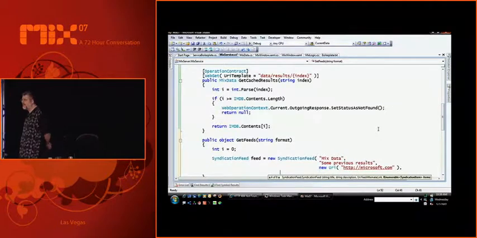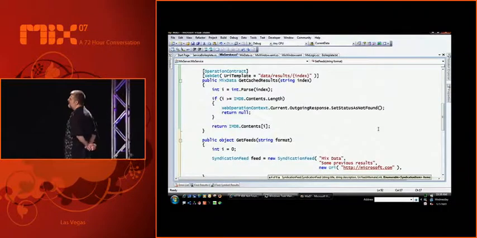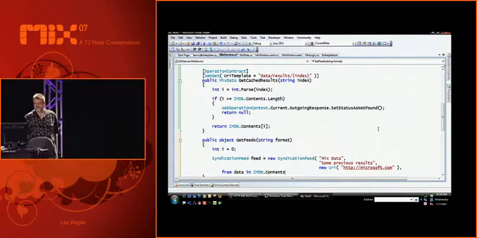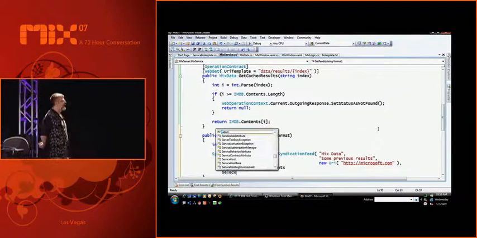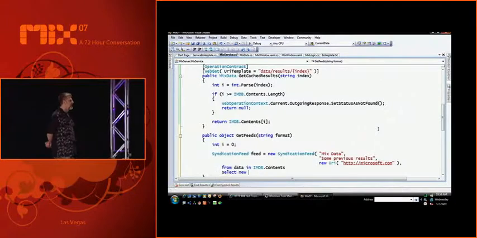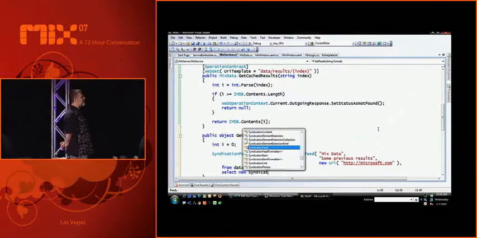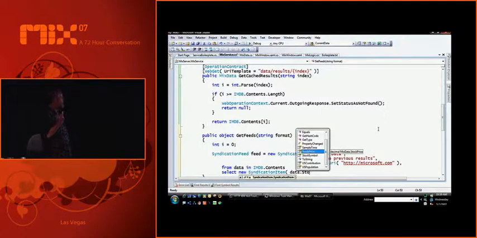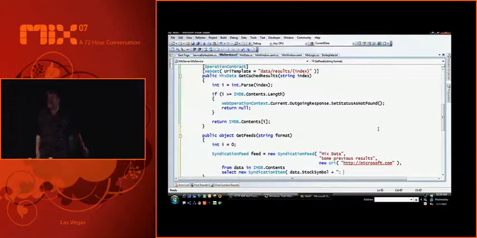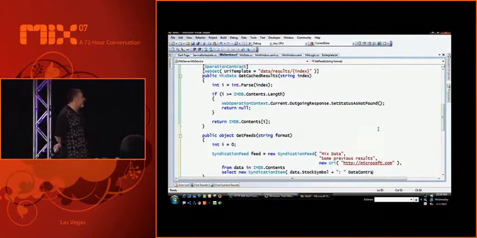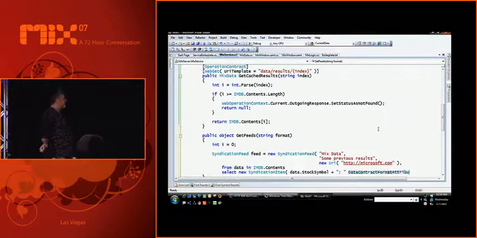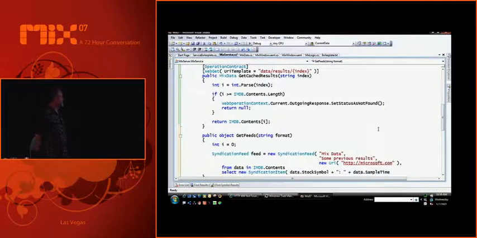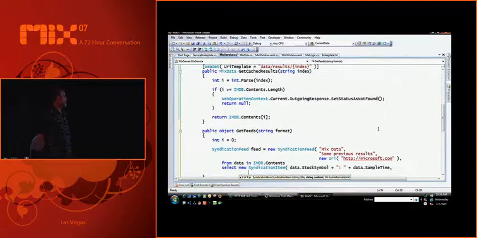Yeah, so we've created the feed. Now we need to do a query to populate the items. Right. So what we're going to do is use LINQ against our in-memory cache. So we're going to find all the mixed data that we've produced. And as we iterate across that, we're going to map the mixed data, which is our local in-memory representation, to a syndication item, which is, of course, the item of an RSS or Atom feed. And we're going to give it some text, which will be somewhat interesting.